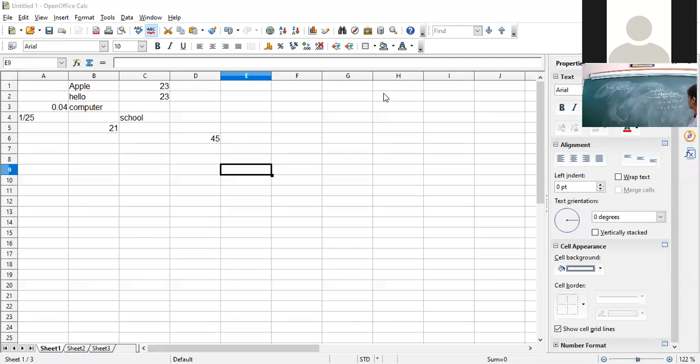Note it down, children. A1 20, B1 21, C1 3, D1 2. Note down the values, be quick. Okay. Now the expression is equal to A1 plus B1 divided by C1 multiplied by D1.